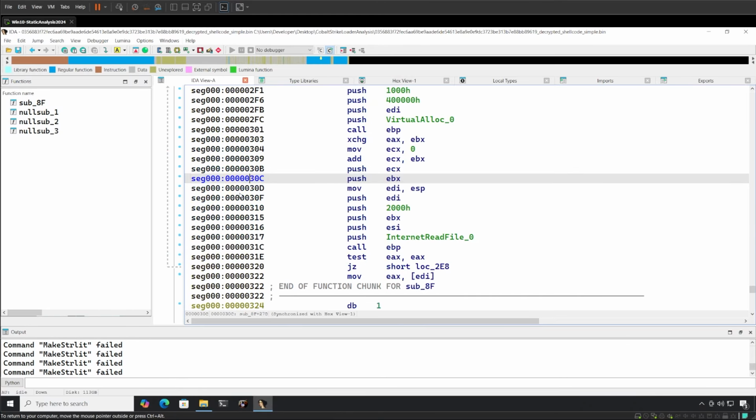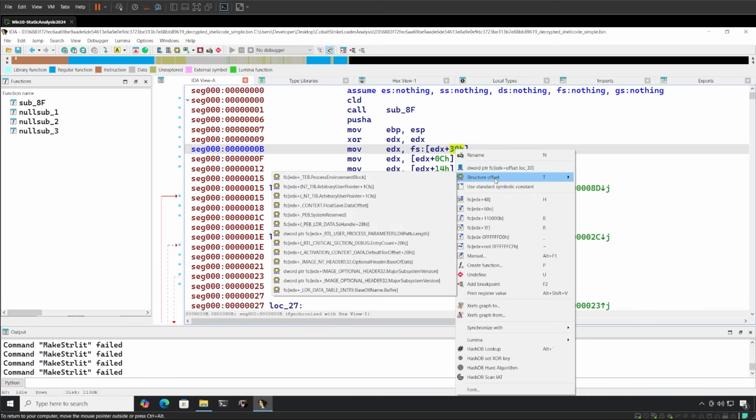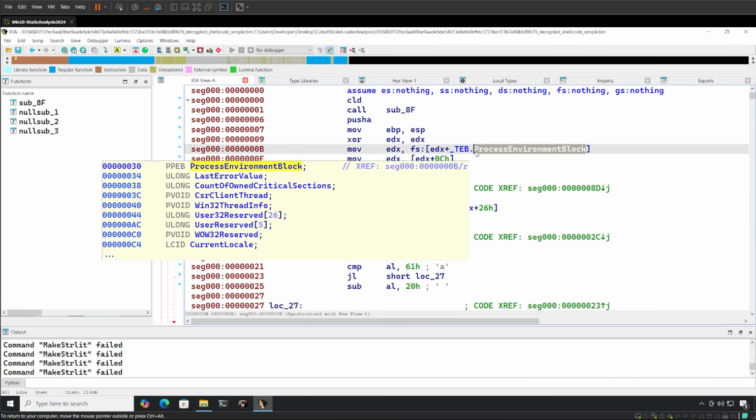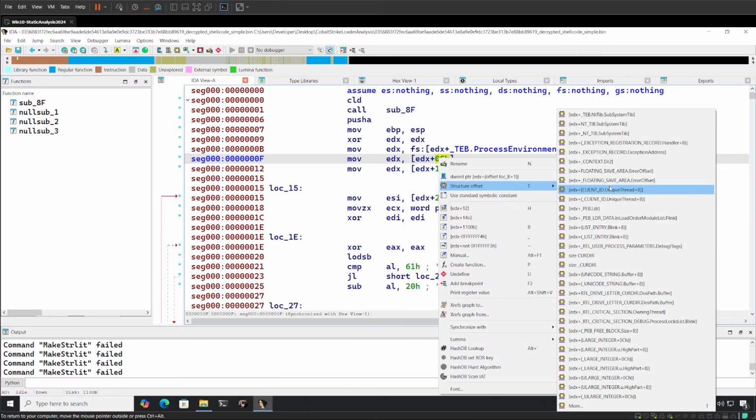Okay, now let's go back to the start of our code and let's see how the dynamic API resolution takes place. For now, I will just mark this area and leave it as it is. What you can do is try to explore this using MSDN, and you should be able to understand how this API resolution is being used here. So structure offset, we are looking for the TEB, the thread environment block. So from here it gets access to the process environment block, and if we move on,